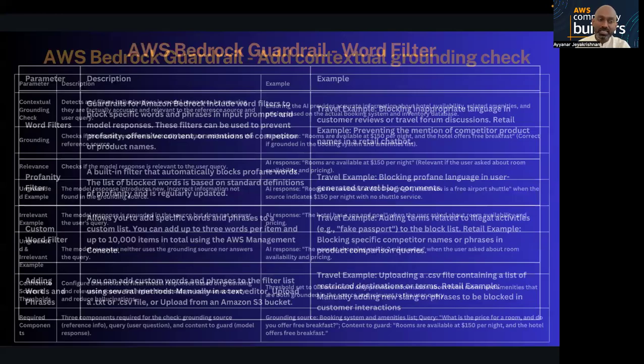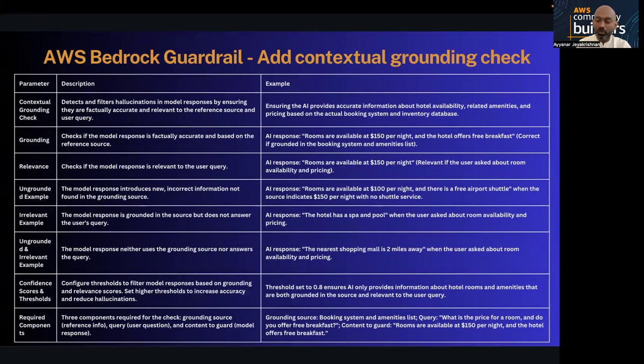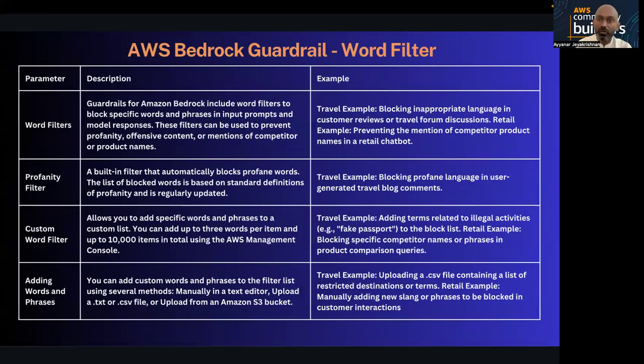Then contextual grounding. This is very important. If you look at the parameters, you can do the normal word filter as well as a profanity word filter, for any kind of unwanted language. If somebody is putting in f star star star, that's unwanted language, right? So those kinds of profanity filters can be done. And you can have a phrase which you can avoid. You can make it in a CSV file based on your experience with your data set, and you can upload those as a CSV file also. That is highly recommended at the word filter side.